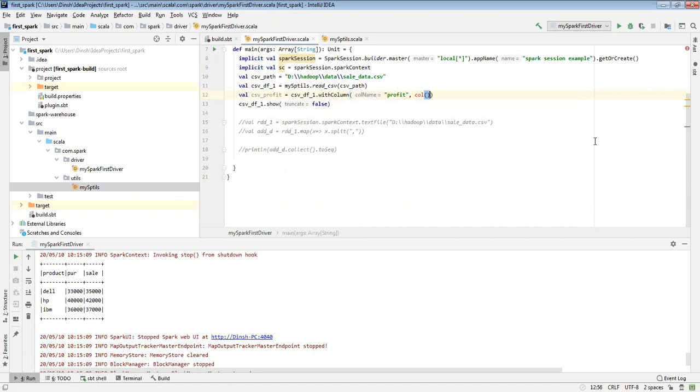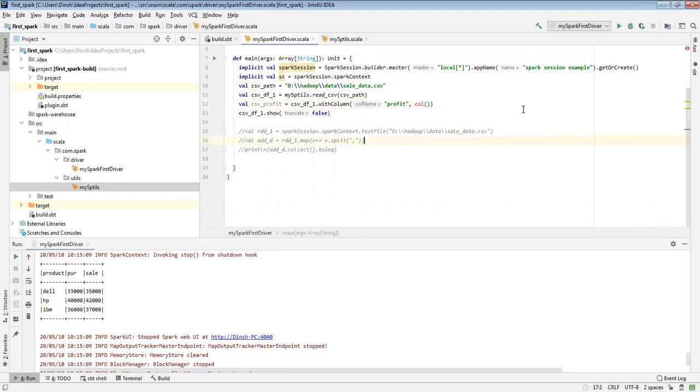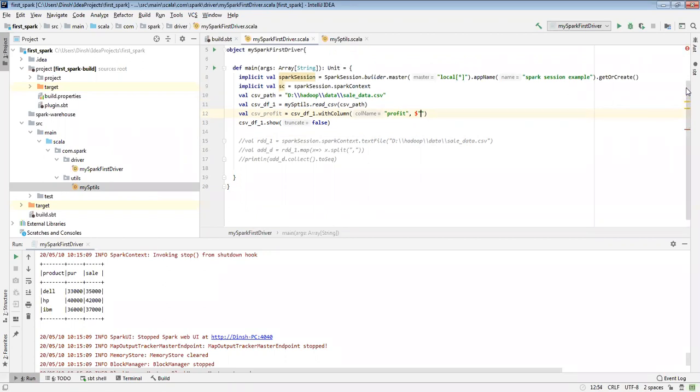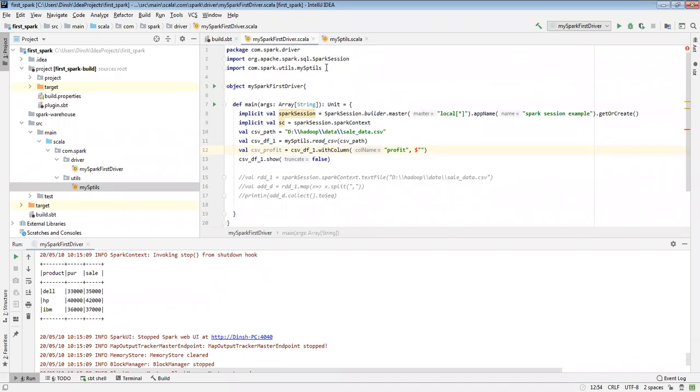I want to import the simple functions. Suppose I want to import SQL functions, I'll import them like that.